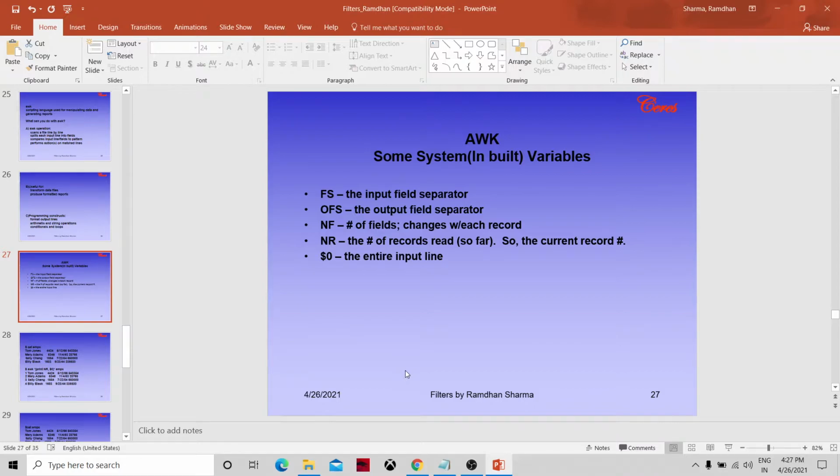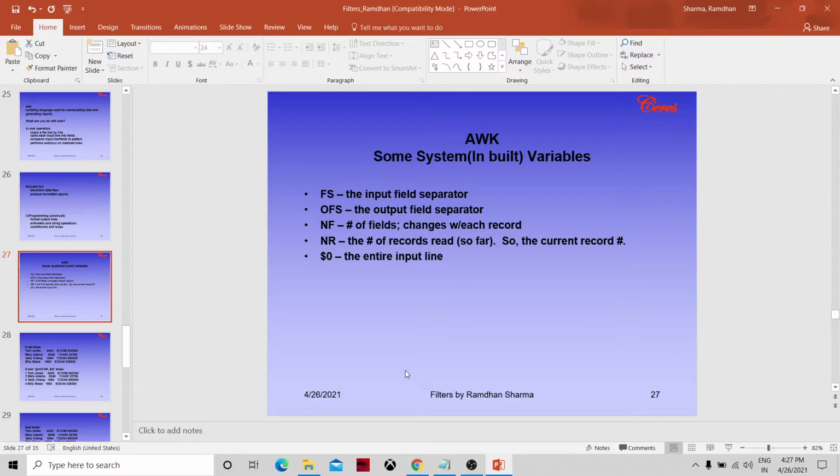So whenever we loop through a given file using AWK, reading line by line, we can check the number of fields for the particular record, the particular iteration, and we can manipulate it. Once we reach the particular line, we can split it, get the particular field, and have many operations on that.